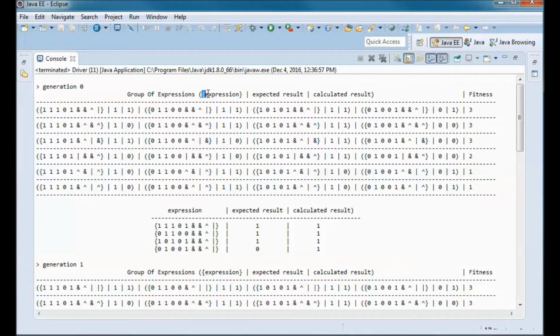So what we're displaying is the expression and the expected result and the calculated result. So we have a fitness of 3 for this group, since the expected result is equal to the calculated result in 3 of the expressions, and it is different in this expression.